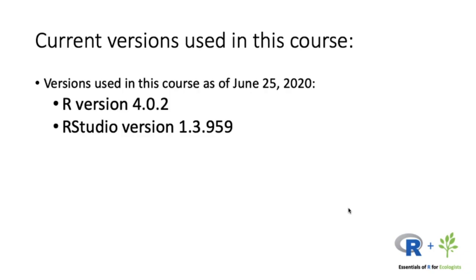All right, so the current versions of R and RStudio that I'm using for teaching this course are R version 4.0.2 and RStudio version 1.3.959. I don't think it will make a big difference if you're not quite on the exact same version as me. RStudio and R recently made some fairly bigger upgrades, especially R when it moved from version 3 to version 4. I don't think there will be any incompatibility issues with the course, but just to be safe, you might want to make sure to run those updates and be as up to date as you can be.